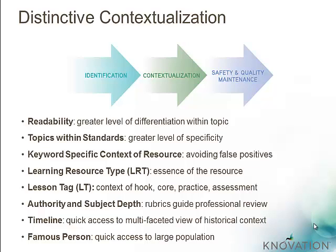focused on that day. We have keyword-specific context of resources, again, trying to avoid those false positives, focused on keywording resources not just based on the text of the resource, but broadly focused on that resource and helping people find what they're particularly looking for. Similarly, with the learning resource type, trying to focus on what is the essence of that resource. So if a particular resource has video, maybe has an assessment question, maybe has some pictures in it, again, we're focused on what is the essence of that resource. So it's going to match that teacher and/or students' search when they're going to look for the best resource